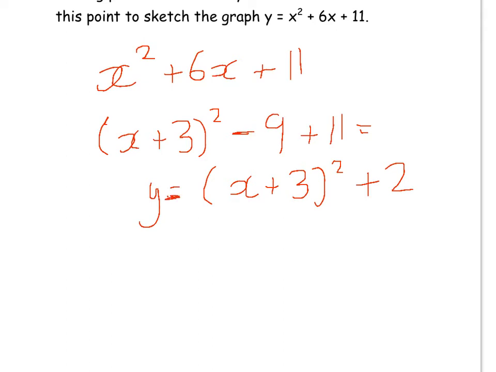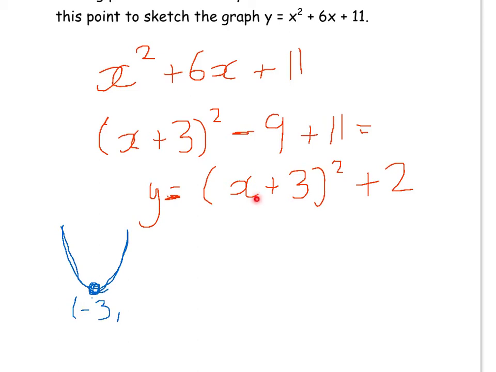Now the turning point it refers to in the question, if you think of any quadratic graph, it curves like this, and this point here, where it swaps from going down to up, is the turning point. And this turning point happens to be the x component here, the opposite sign of it. So instead of plus 3 it'll be minus 3, and the minimum point that this ever reaches is basically when